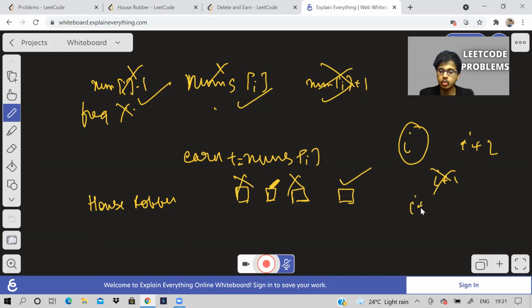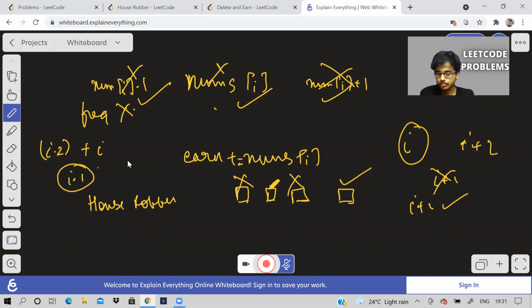Or I can choose only I plus 1. To see it another way, if I am already at house I, then I can add whatever value was there in house I minus 2 to house I, or only whatever is there in house I minus 1.